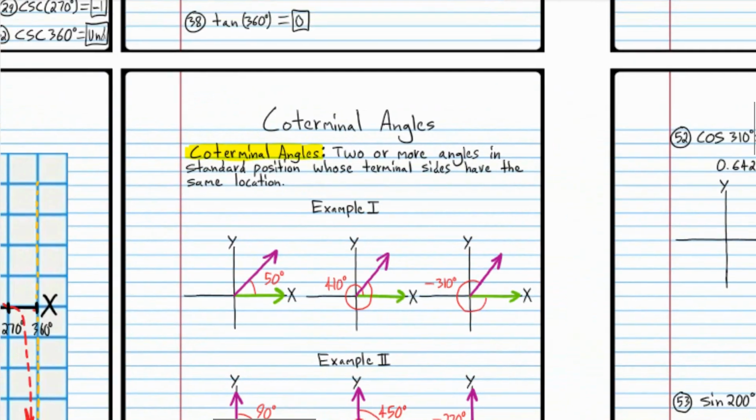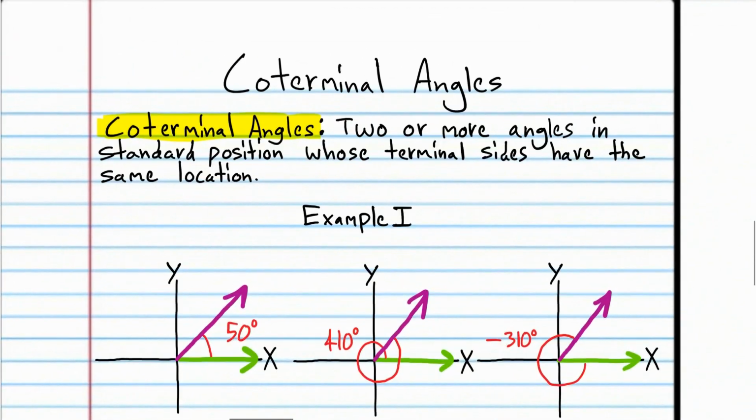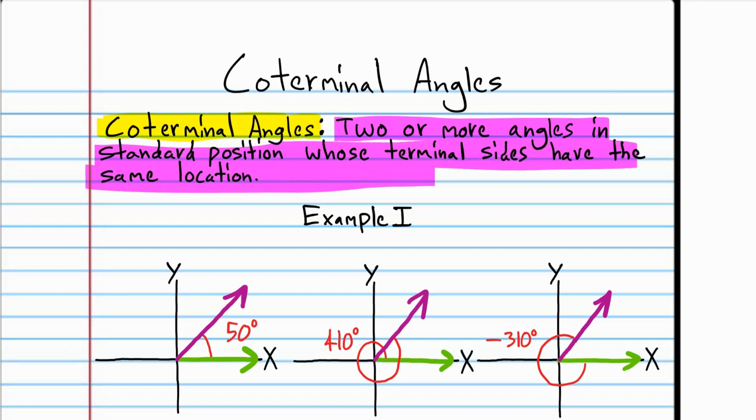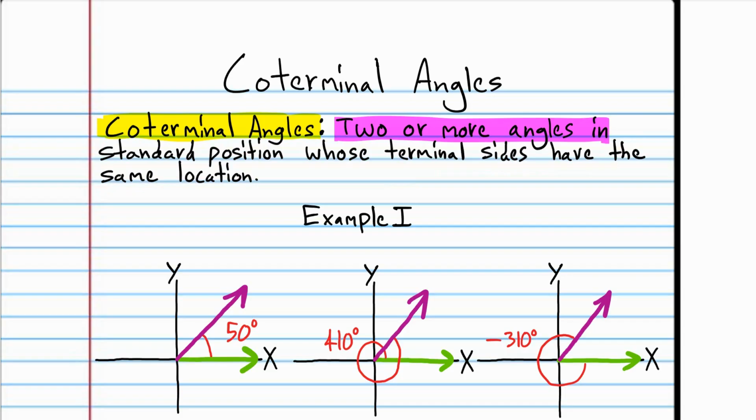So now we're going to cover something called coterminal angles. A coterminal angle is two or more angles in standard position whose terminal sides have the same location. So what that means